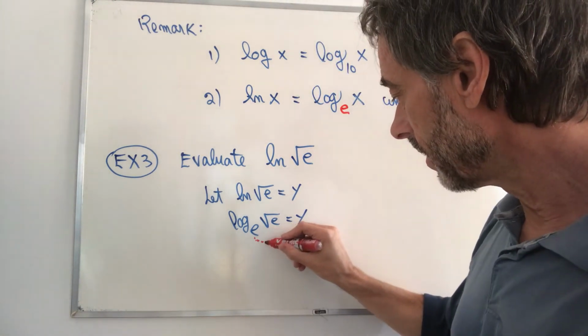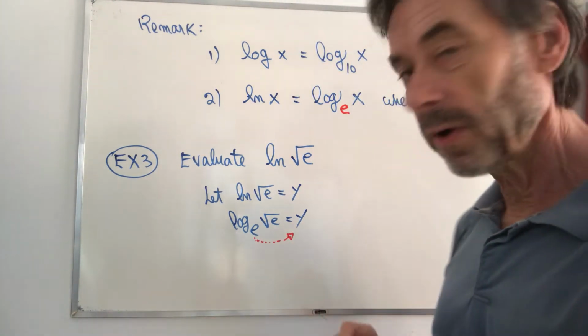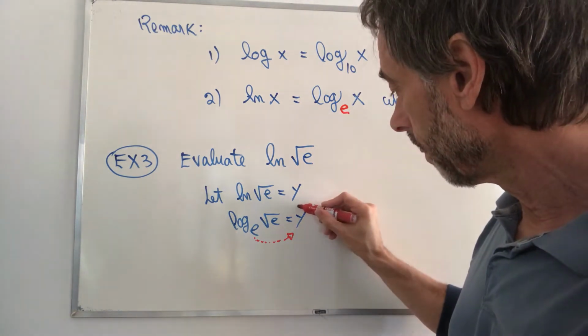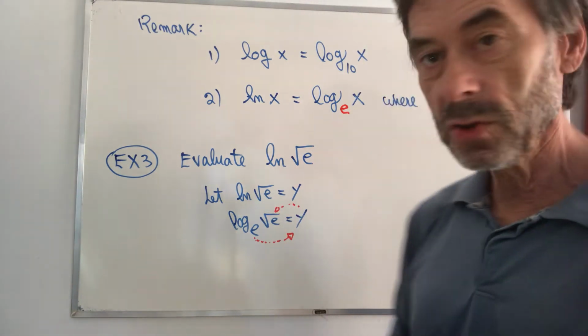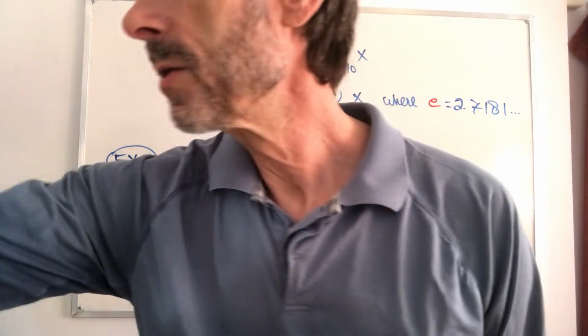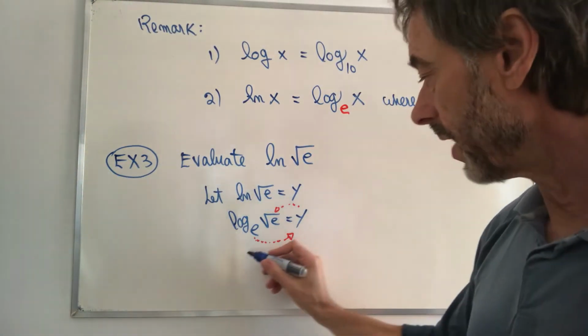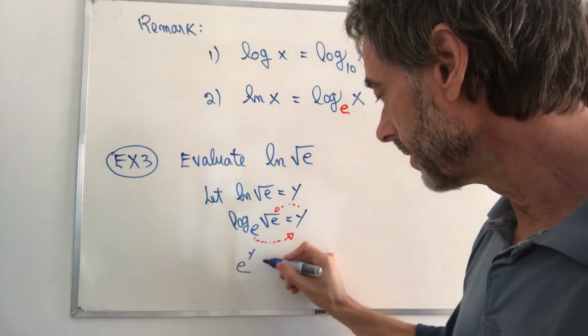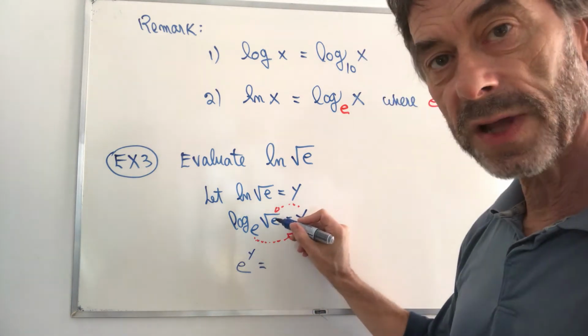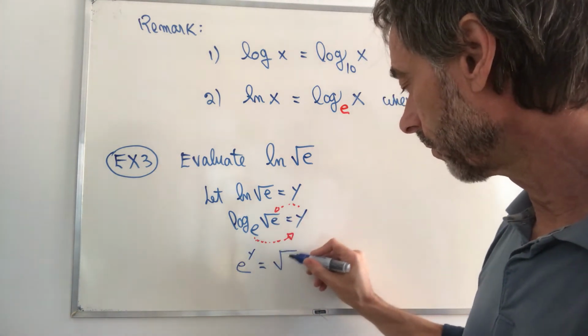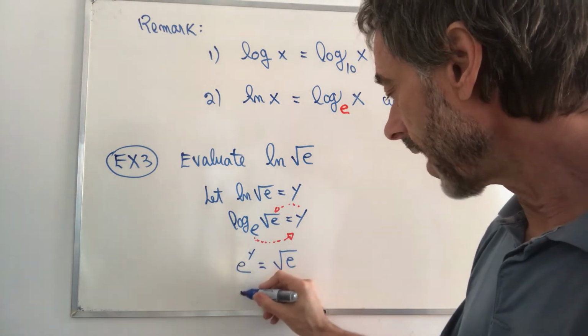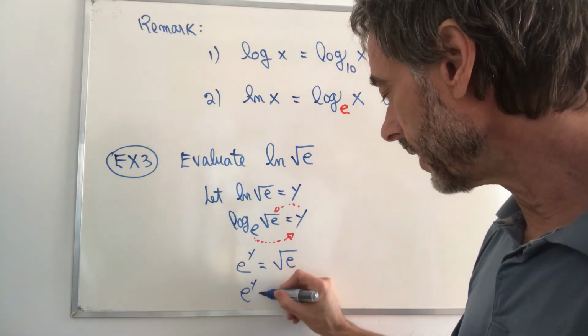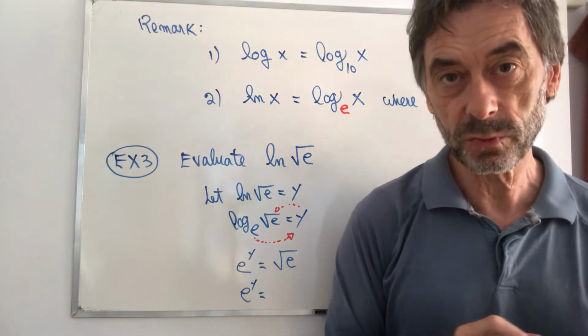So e to the power of the right hand side equals to what is inside the log. So this expression turns into what? E to the right hand side equals to the inside of the log, root e. That is, e to the y equals